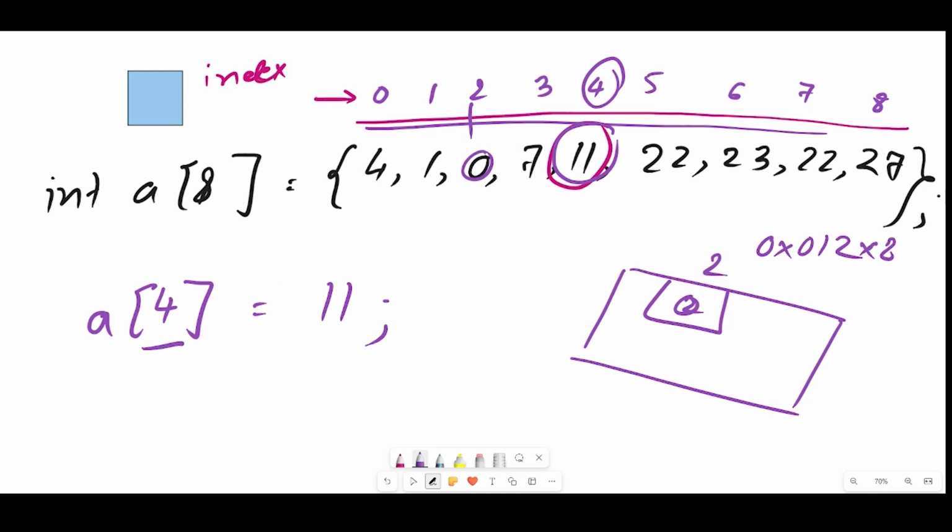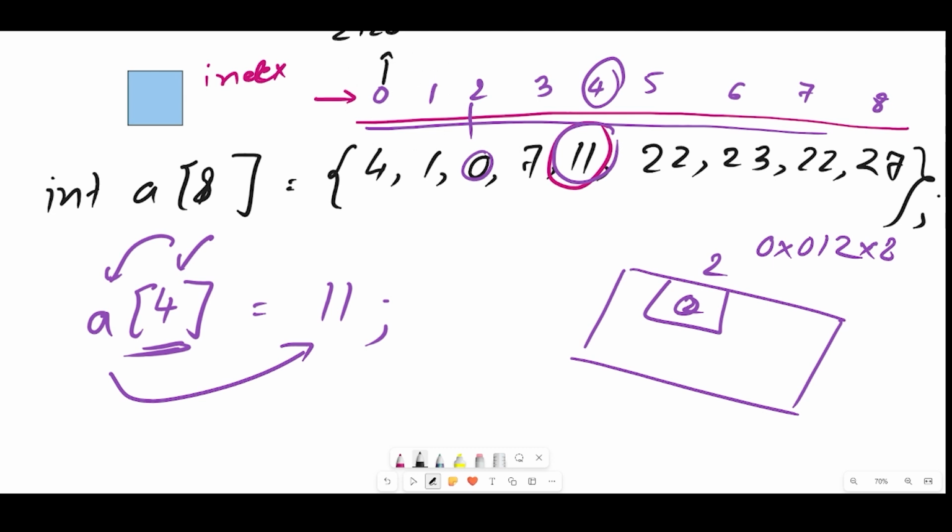So this number which I'm writing is the index of the array. If I go to 4 in the array, it should return me 11, because 11 is present at that particular address. Now suppose I have this particular array, and here I have the actual addresses. Let's take the very first address, I'm taking 2120, for this particular index.